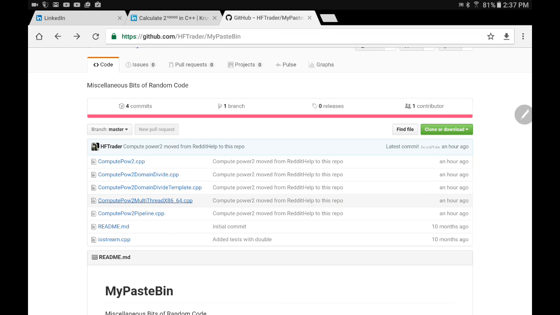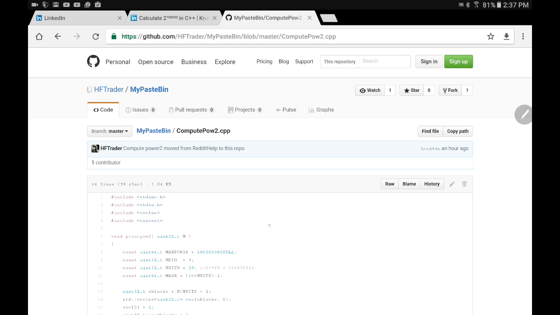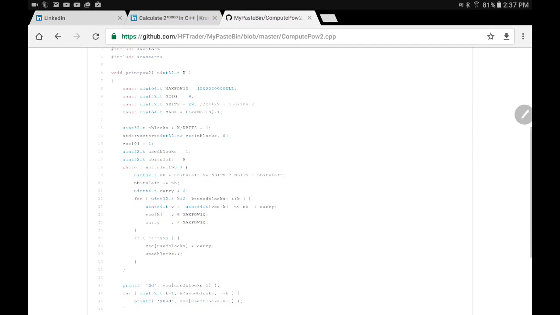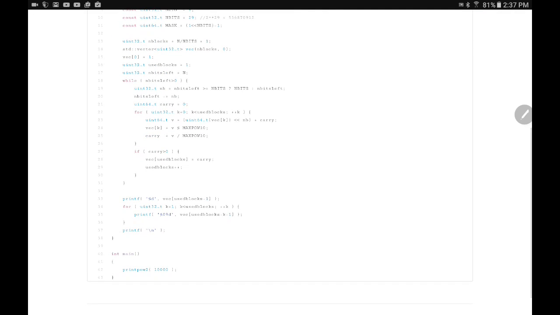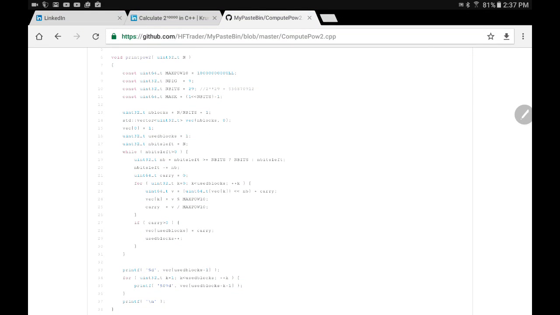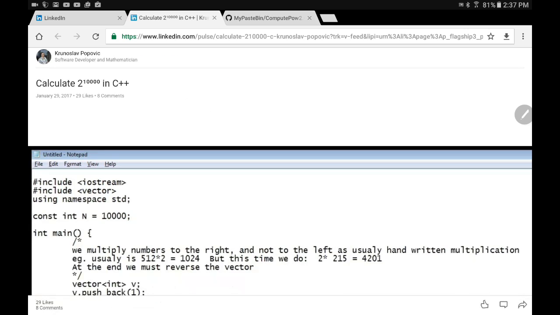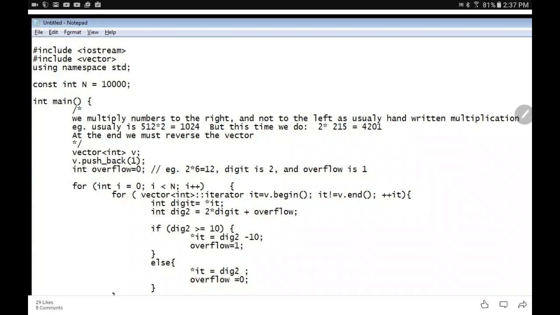So if you take this version, the compute power 2, and you time it against Python, for example, time python -c with quotes print 2 to the power of 10,000, it's going to give you the same execution time as running this particular version of the algorithm. So what I wanted to do really